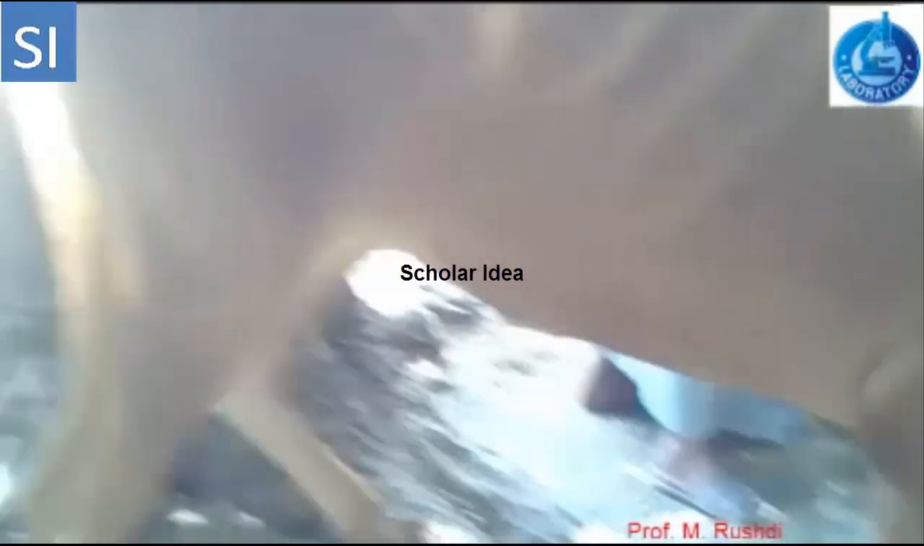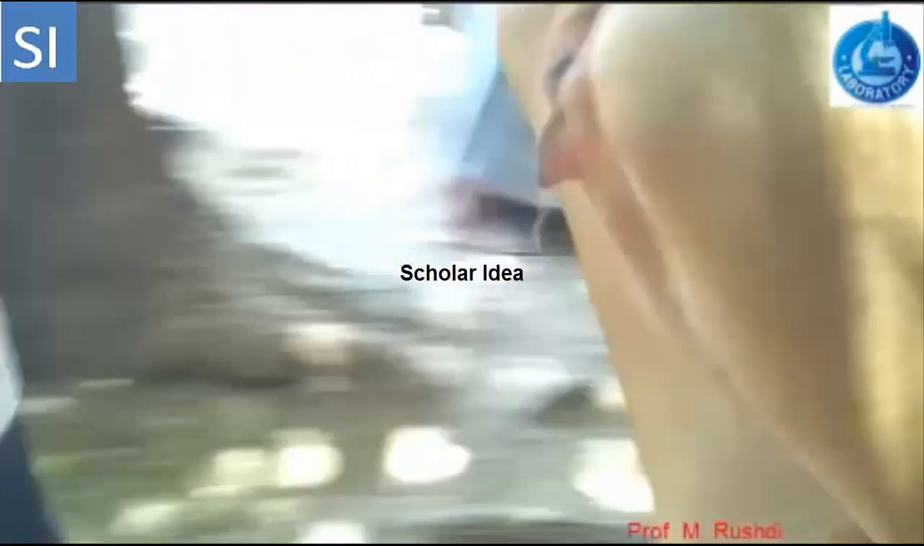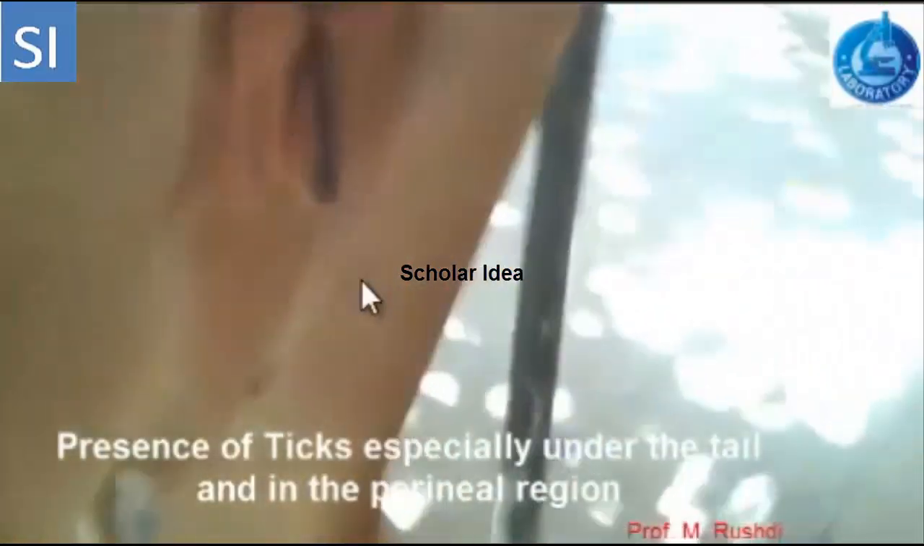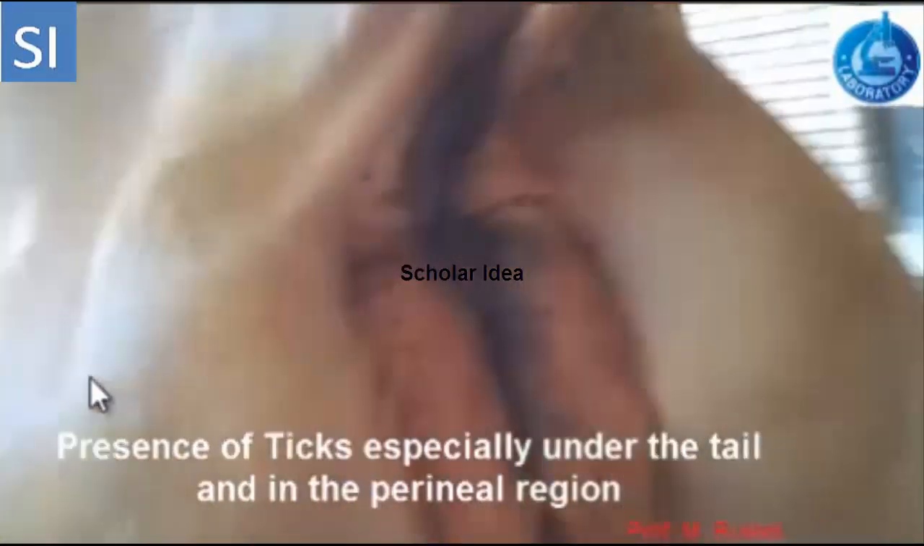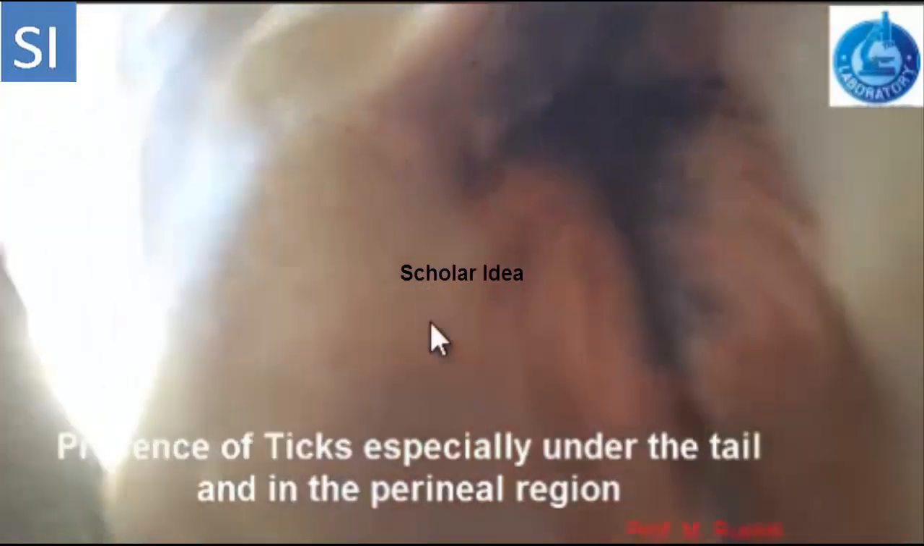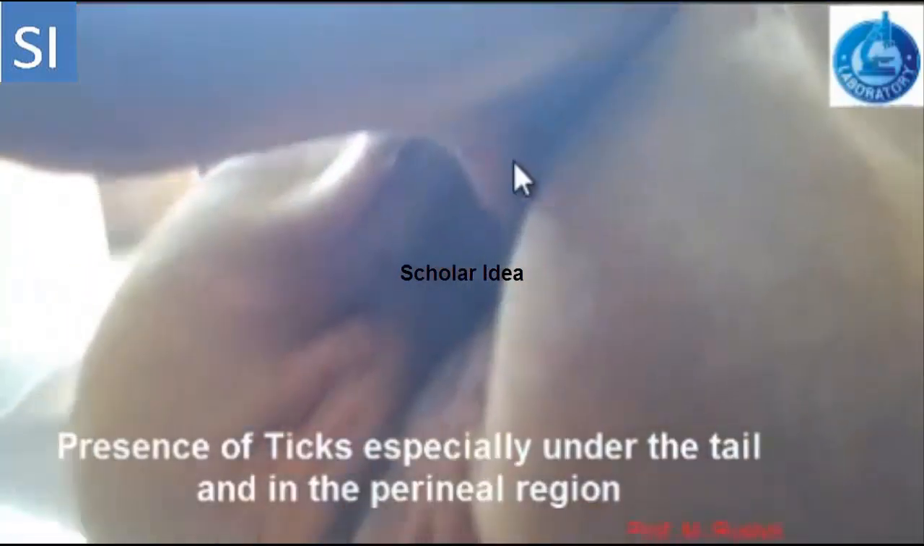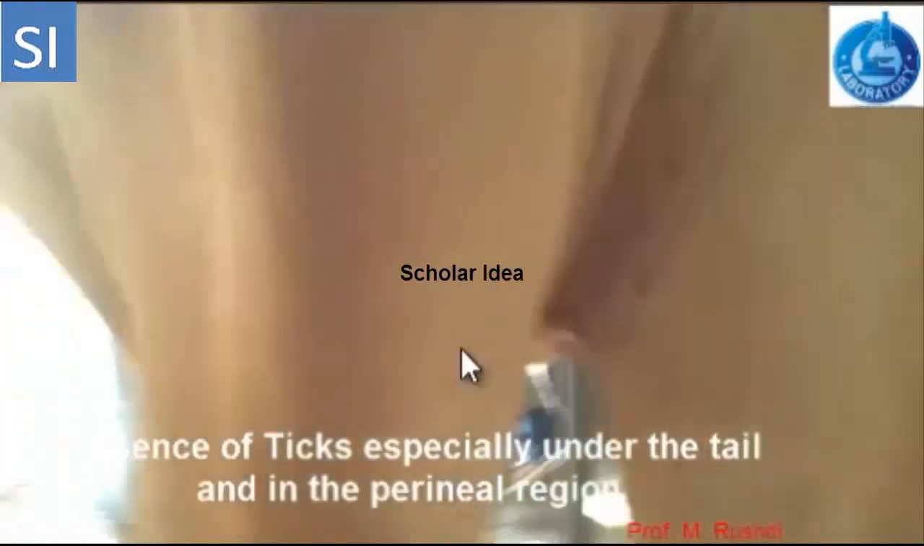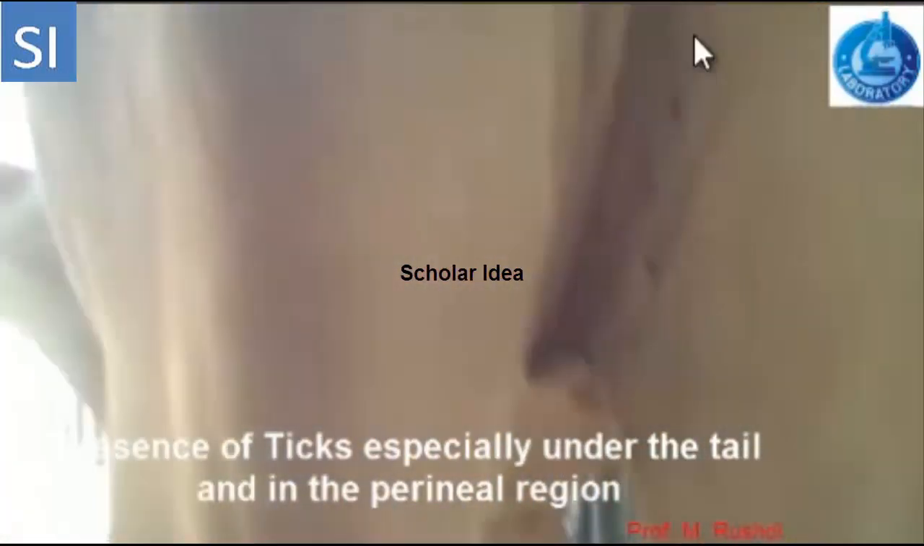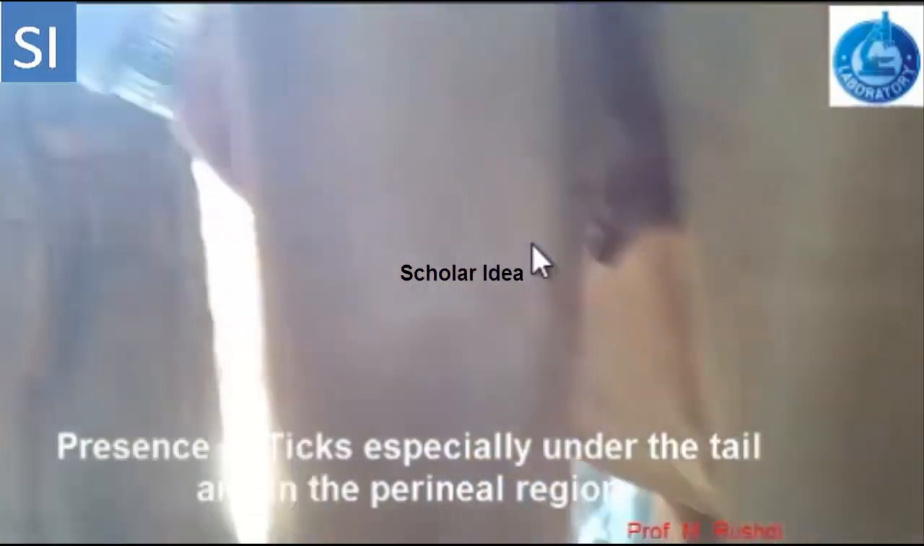The second important clinical sign is the presence of ticks all over the animal's body, also in the perineal region. These two areas, the area under the tail and the perineal region, are considered the predilection sites for the ticks, as in these areas the skin is thin and contains less hair, which makes it easier for the ticks to suck